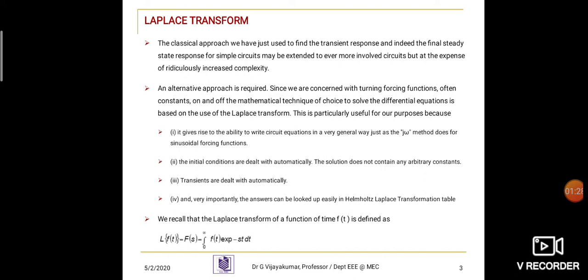While going for time domain, it is complex to calculate and find the voltage across each element. An alternative approach is required since we are concerned with turning forcing functions